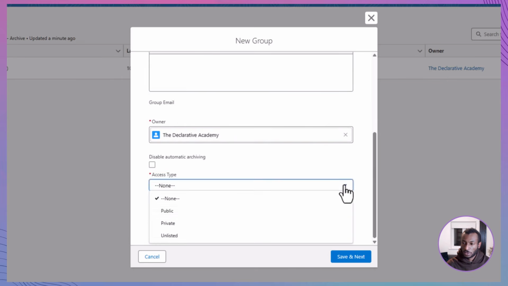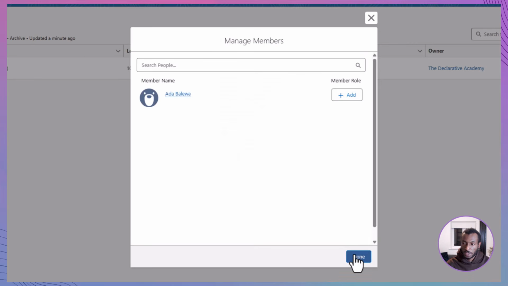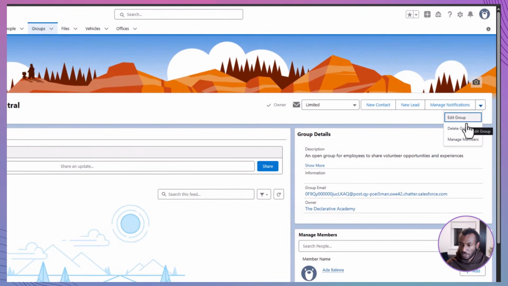Keep the group type set to public and leave the checkboxes for customers and broadcast-only access unchecked. Click Save and Next. Upload a group image to give it a little personality and hit Done. And that's it. You've just created your first public Chatter group. Don't worry, if you ever need to tweak the name, update the image, or manage the member lists, just click